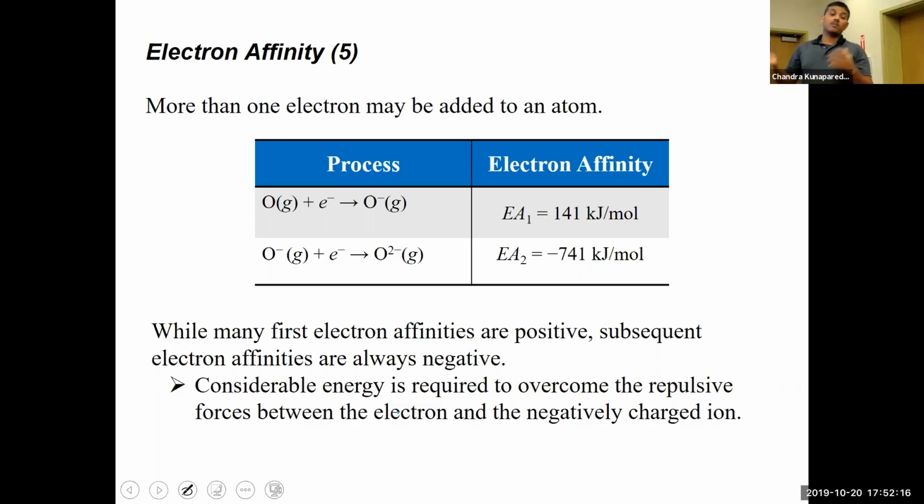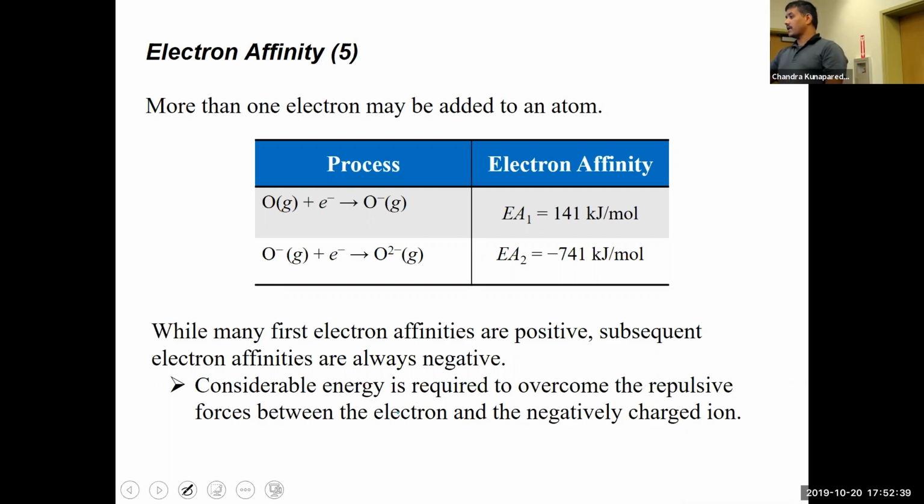If you're adding one more extra electron after the first electron, you're increasing those repulsions between electrons to a much higher level. So in general, they are not going to like to add an extra electron. Here you can see this classic example that in the first case,